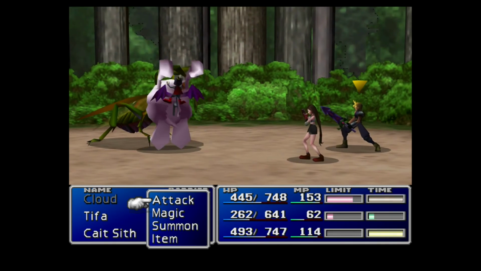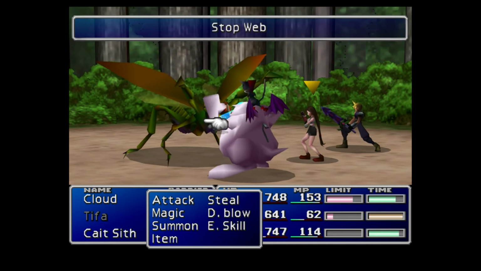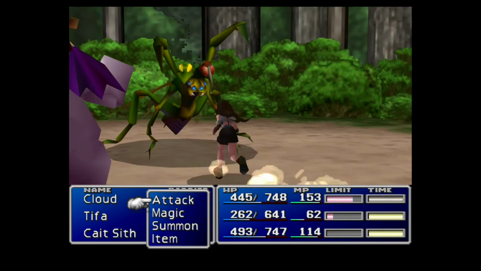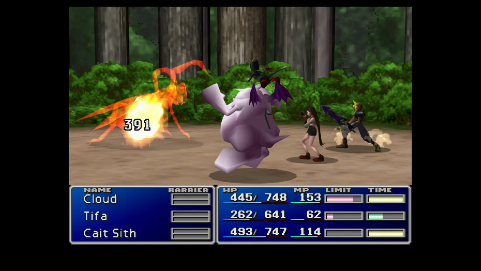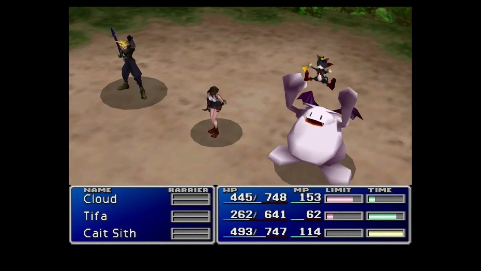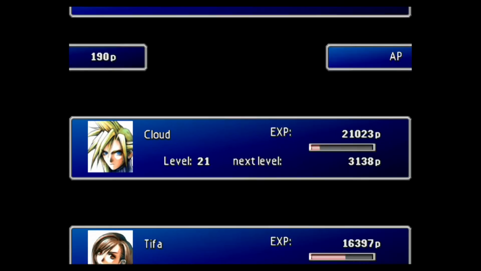Haha! Give that to Tifa, am I right, fellas? Ho-ho! But no, it's Death Blow, which, hey, give that to Tifa, am I right, fellas? Hey, whoa! I don't know what Death Blow does. I think it gives you a weaker attack with a chance for insta-KO, but